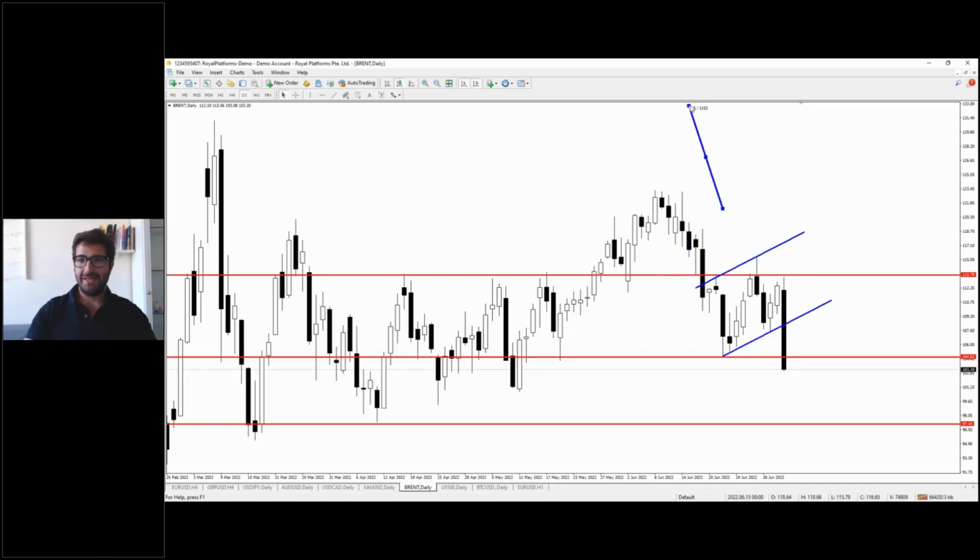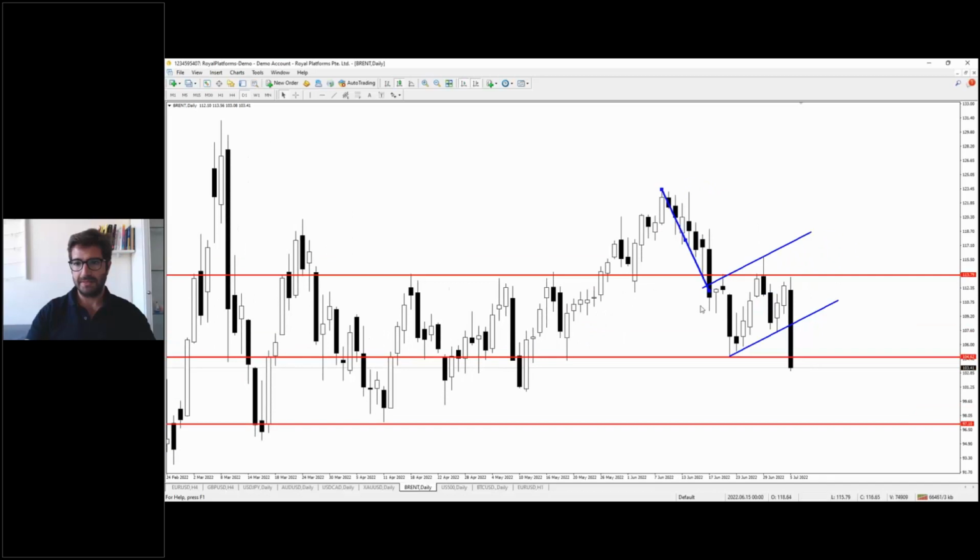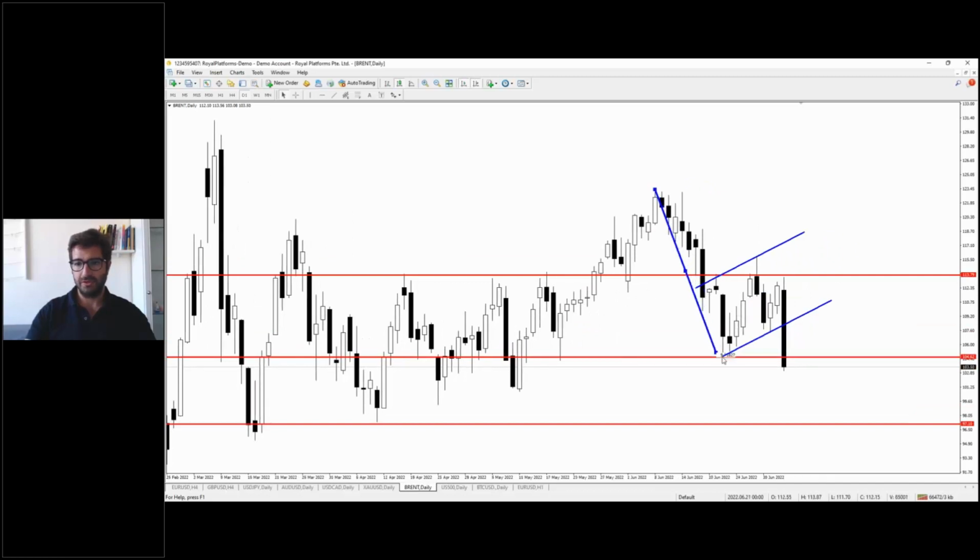What my analysis will be for the UK Brent oil, I will use a similar pattern, which is ABCD. Today we have a lot of them in our analysis, but this method is really efficient. So this is the impulsive wave to the downside because we are in a downtrend. We have a correction, and then after a correction, we should expect a new impulsive wave, which will be the